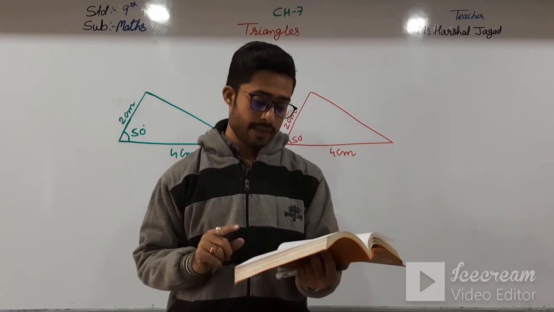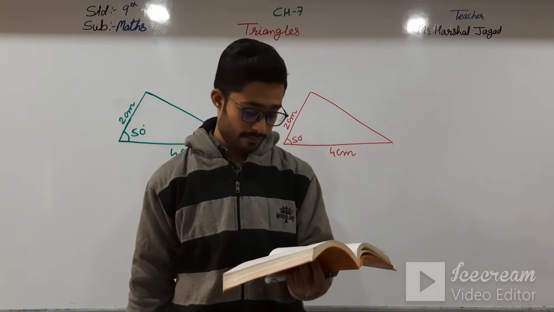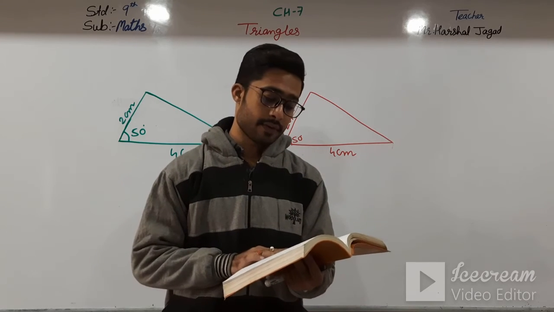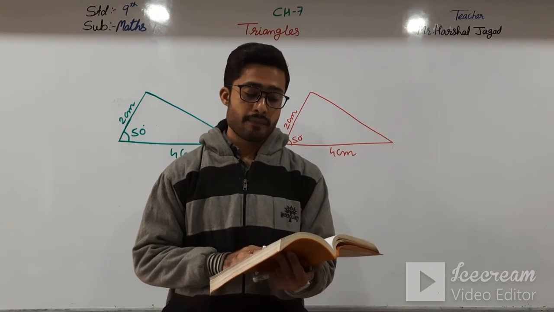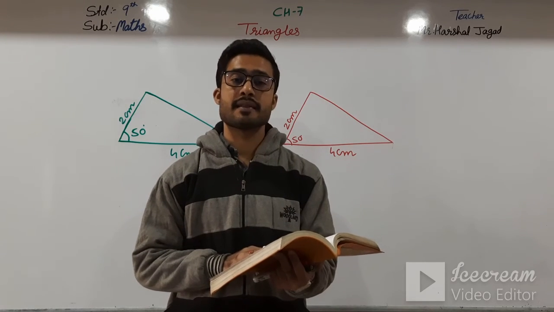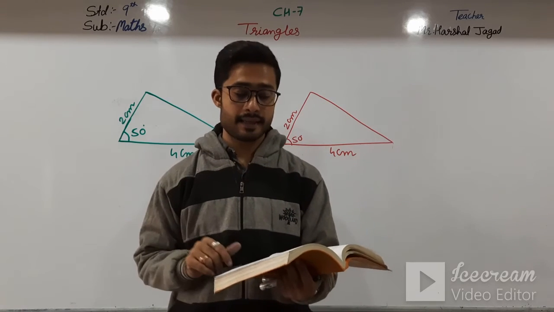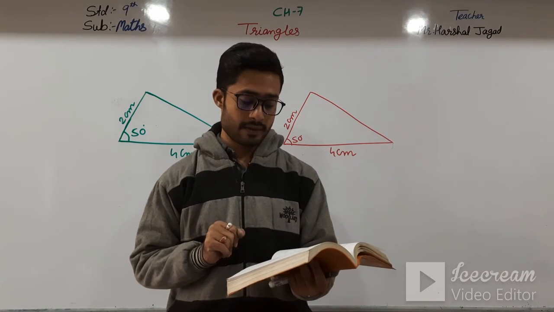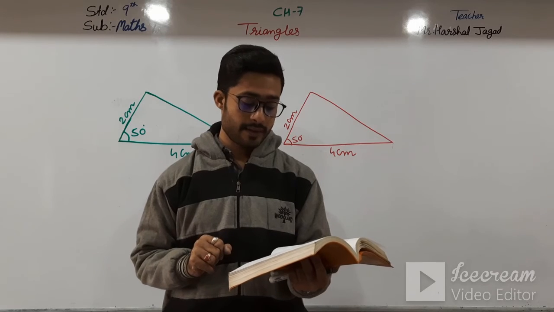Now just moving directly towards theorem number 7.1. Okay, we will see it first of all. So the SAS congruence rule holds, but not the ASS or SSA rule. Here they are saying this from example number 2, but we will not see that. For that there is another theorem, that is theorem 7.1.